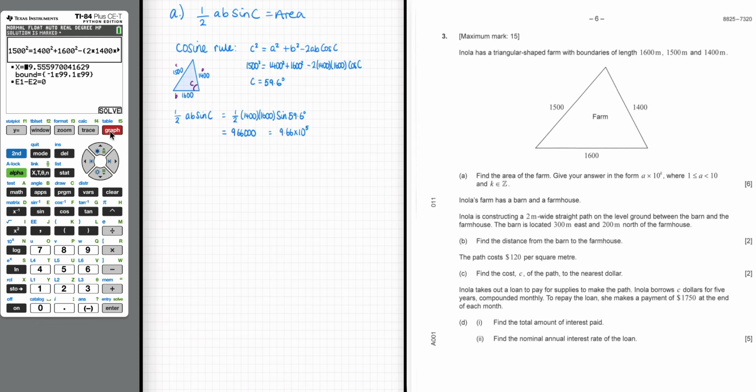So part B, it says that the farm has a barn and a farmhouse, and they're constructing a 2-meter wide path. It's on level ground between the farmhouse and the barn, and the barn is located 300 meters east and 200 meters north of the farmhouse. So for this one, let's try and draw that out. So we have the farmhouse,